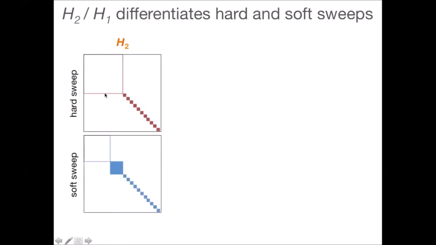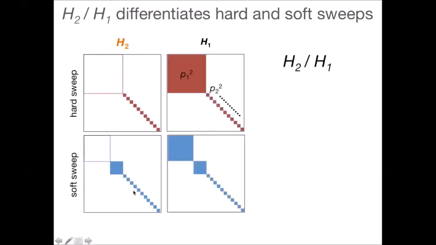For a hard sweep, this should result in a very small homozygosity because you're excluding the main contributor to homozygosity. But for a soft sweep, homozygosity should still be somewhat elevated because you have at least one main contributor left. If we take the ratio of H2 over H1, we can augment our power to distinguish hard and soft sweeps, and it should be small for a hard sweep and large for a soft sweep.